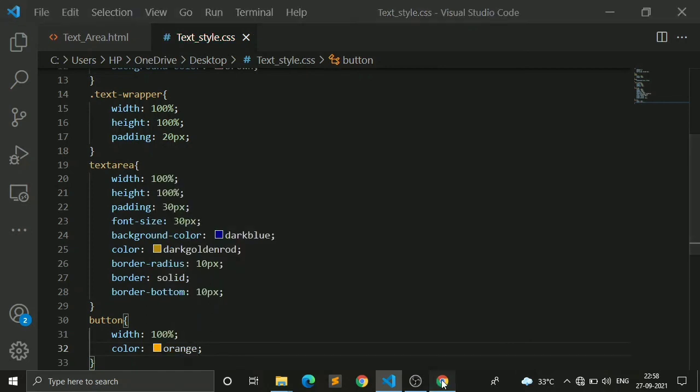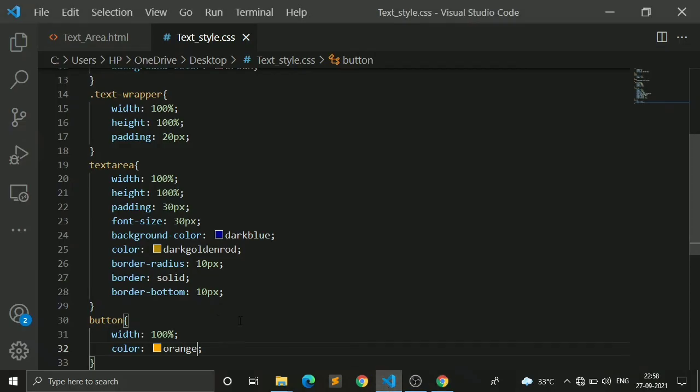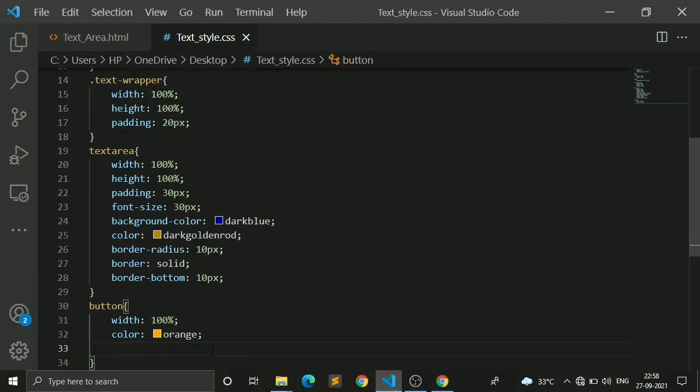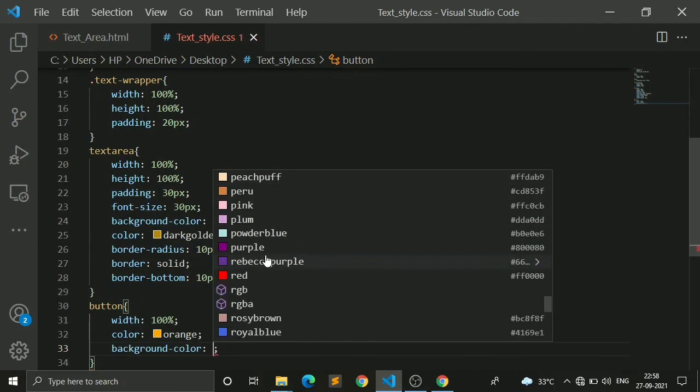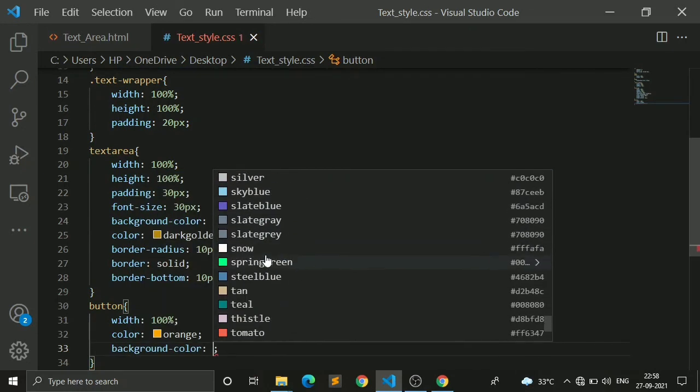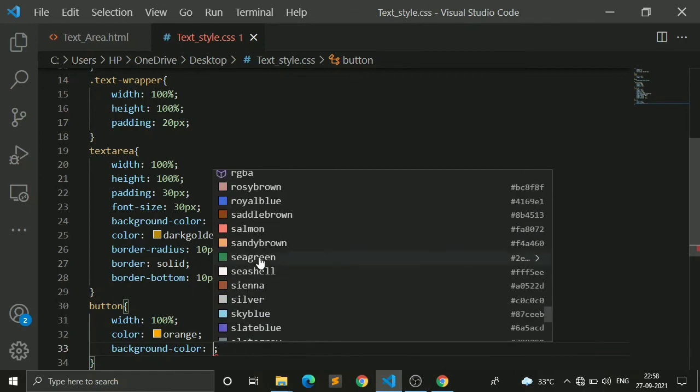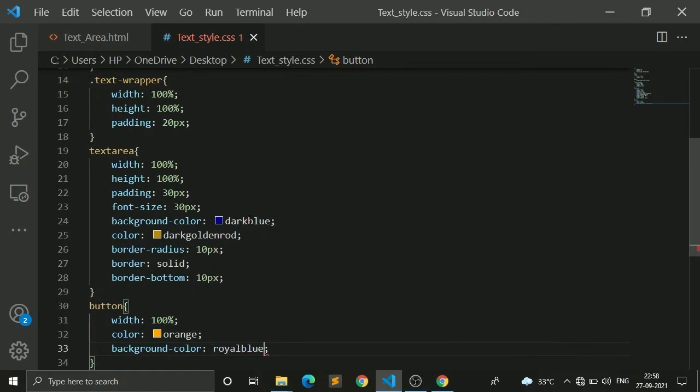So you can see that the color of the text is changed now, and I want to change also the background color, which I will set as blue, royal blue for now. Yeah, it is okay. You can see a blue button is created.